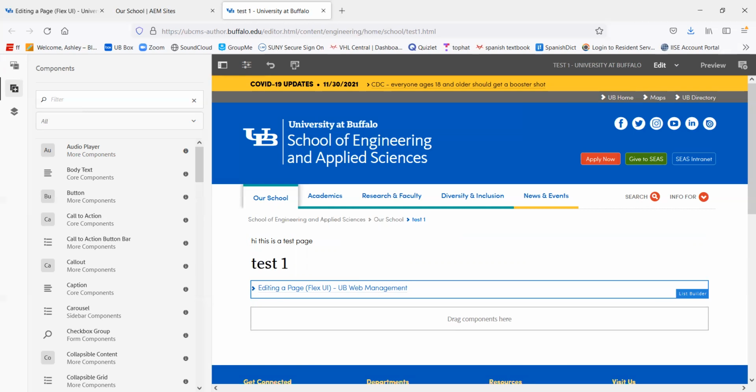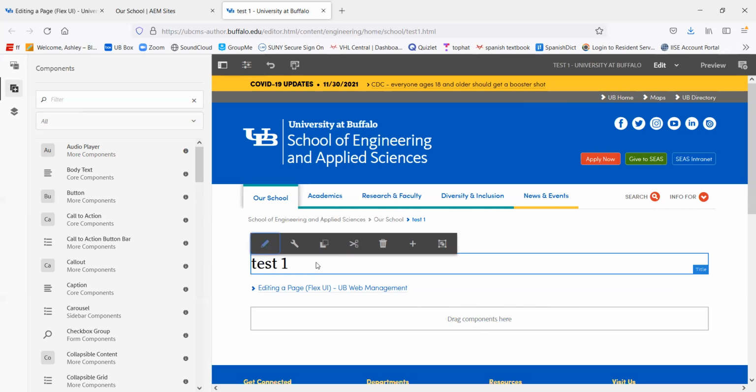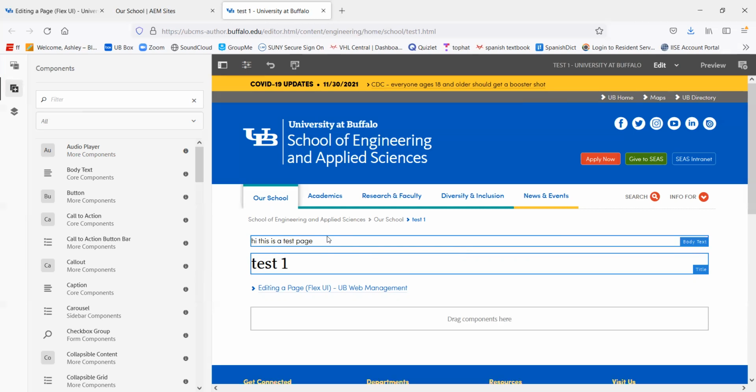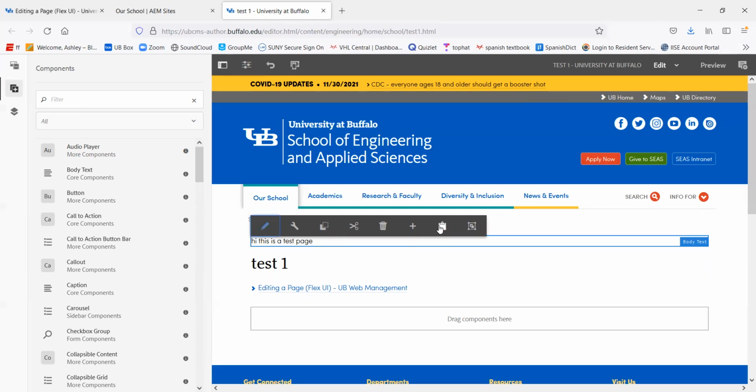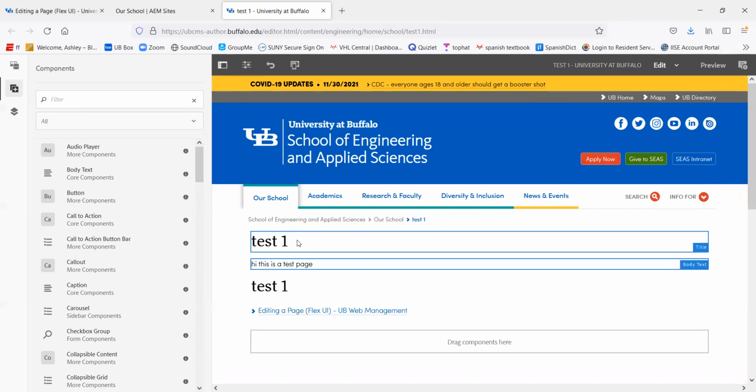So if you want to copy a component, you can either select a component and then click copy, which is this button on the command toolbar. Kind of looks like a black piece of paper over a white piece of paper. So select that. And then above whatever component you want to copy it, do that, and then click the paste button again on the command toolbar. You can see there's my title again.